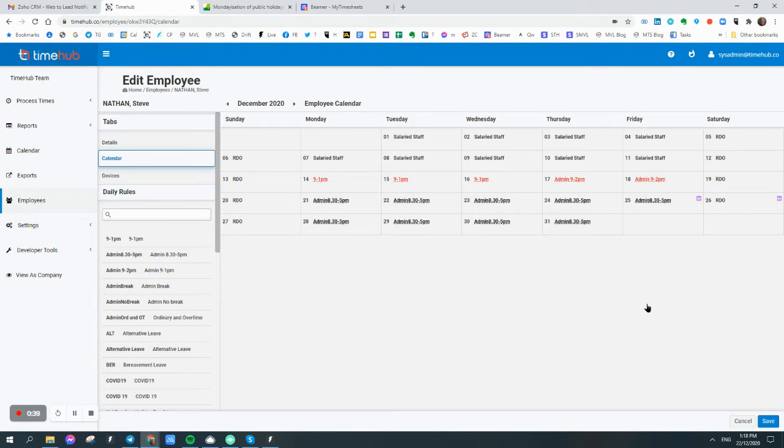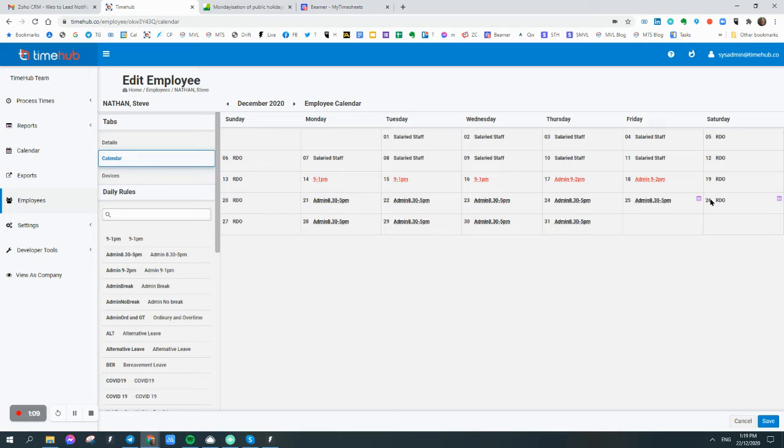What will happen is TimeHub will look at the day and the daily rule. For Friday, if the employee doesn't work, they will be paid their rostered hours, their default hours if they are full-time, and if they are part-time, it'll pay them the average of the last 4 weeks for a Friday. Then on Saturday, if the employee doesn't work, that day will move to the Monday. If they do work, that day is treated as a public holiday and Monday isn't. So they can only have two public holidays.